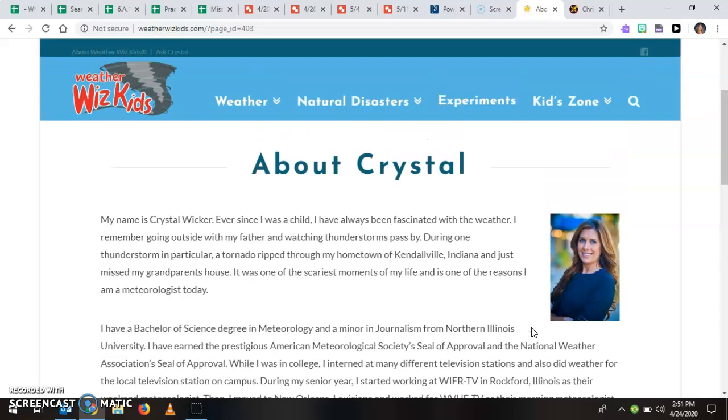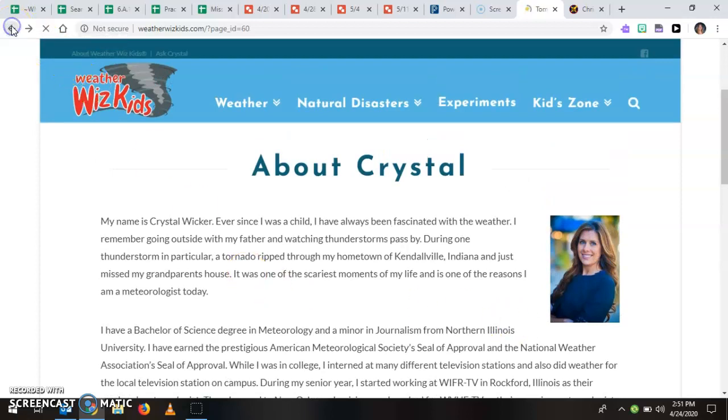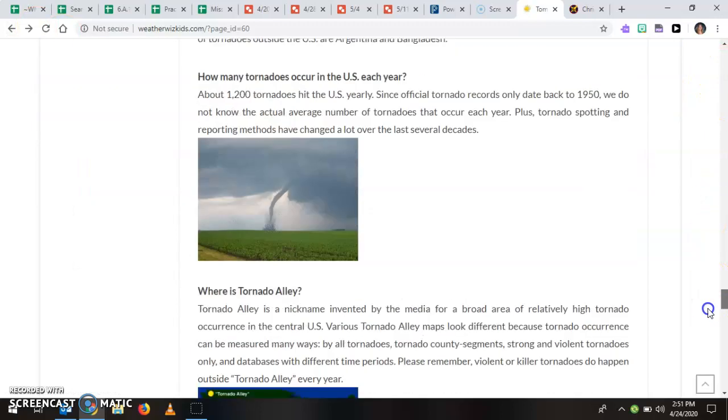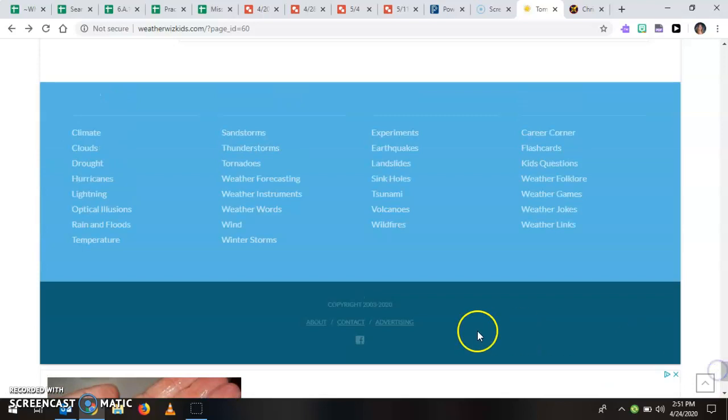The last thing that you needed to check was the currency. So I'm going to go back to that tornadoes page, and I'm going to look all the way at the bottom, and I see the copyright is 2003 to 2020. That just means that they first created this site in 2003, before you were born, and it's been updated to 2020. So really the only date we care about here is 2020. It's as new and as recent and as current as 2020. So the date that we'd want to put here is 2020, I also accepted